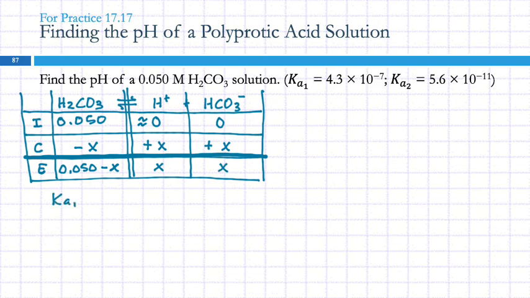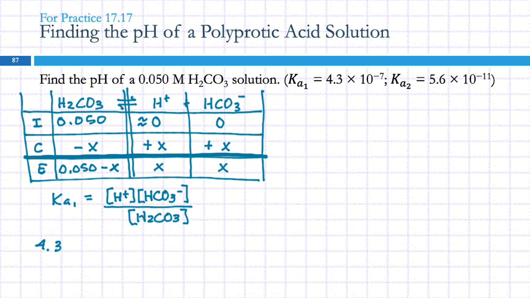So this is Ka1, where carbonic acid is losing its first ionizable hydrogen or proton. So we've got the concentrations of the products divided by the concentration of the reactant. We've done this several times, right? So we're looking at the first ionization, so we're going to use Ka1,